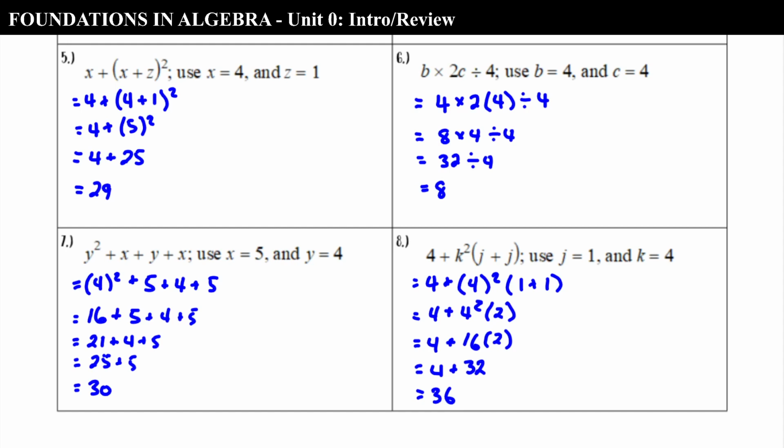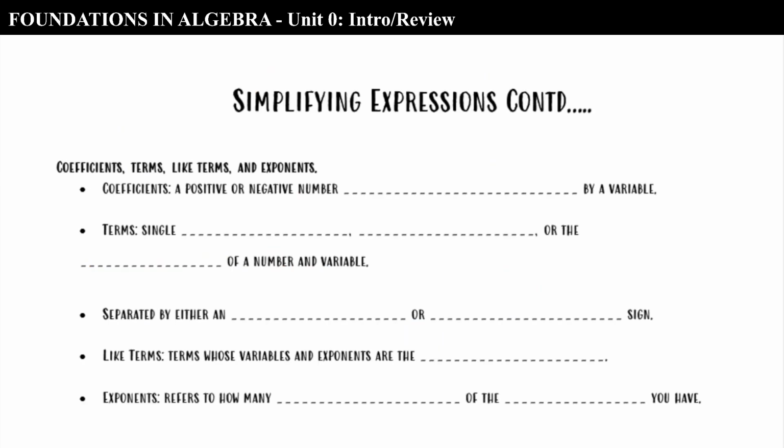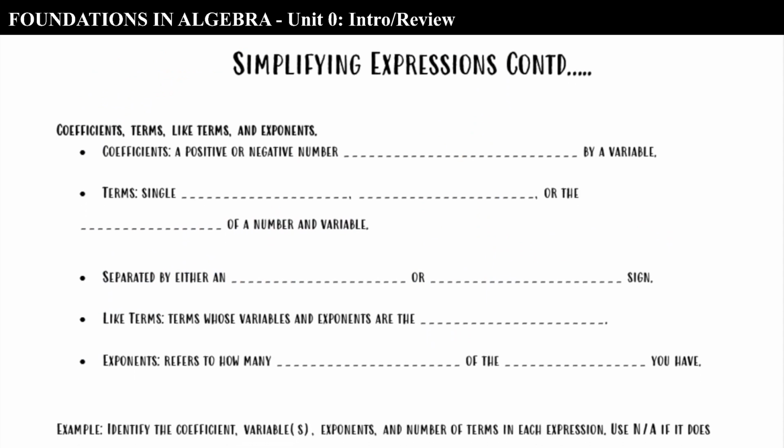All right, let's move on to the next part of simplifying expressions. Let's learn how to identify parts of expressions, okay? So let's talk about coefficients, terms, like terms, and exponents. Coefficients, a positive or negative number multiplied by a variable. All right, terms are a single number,